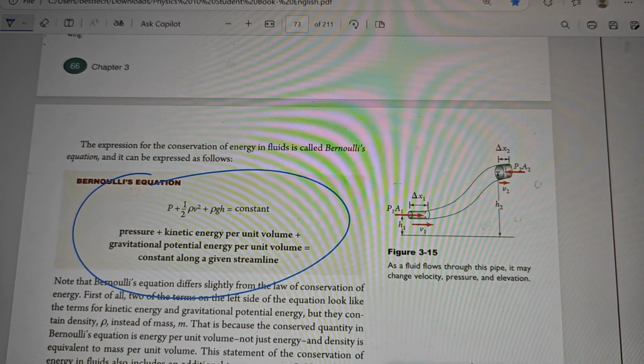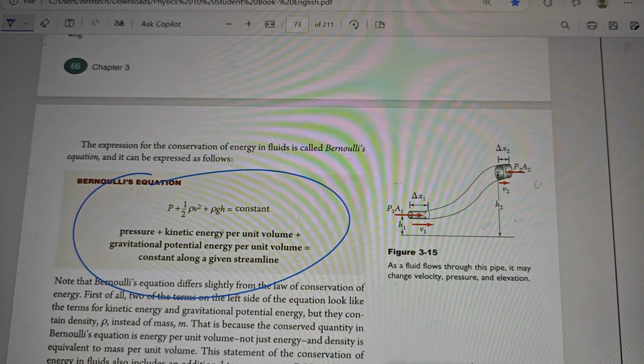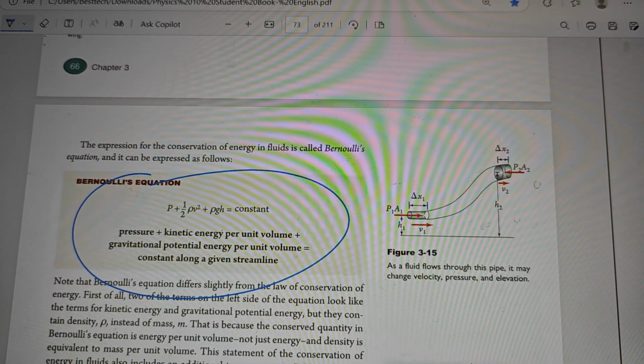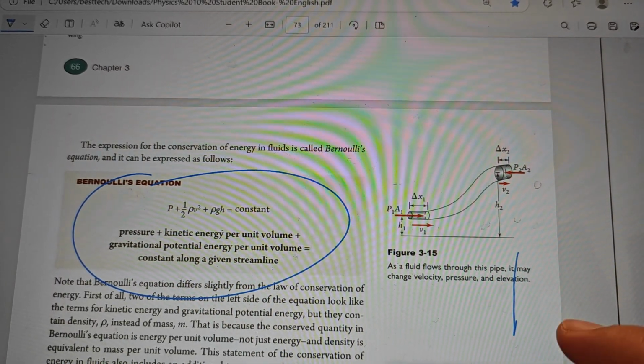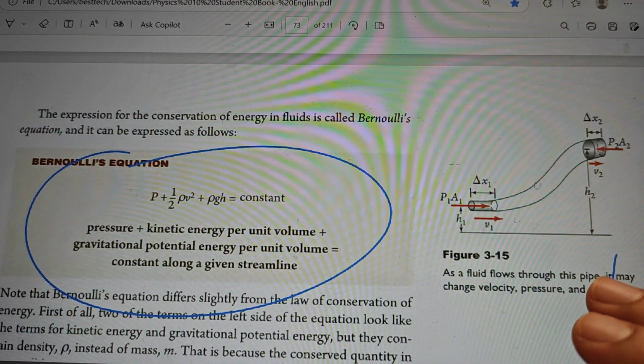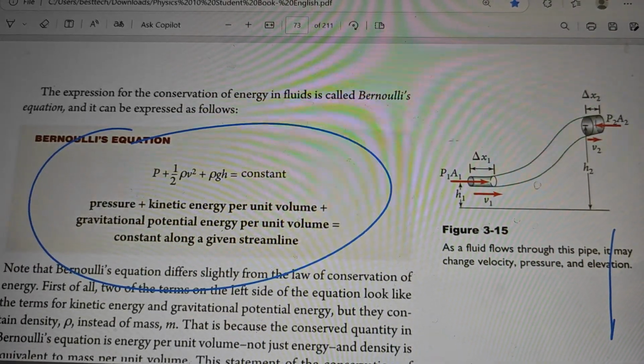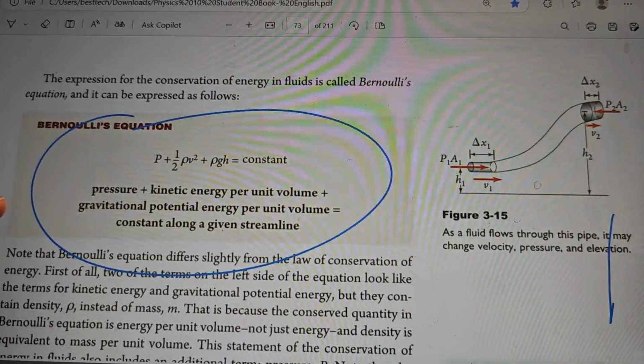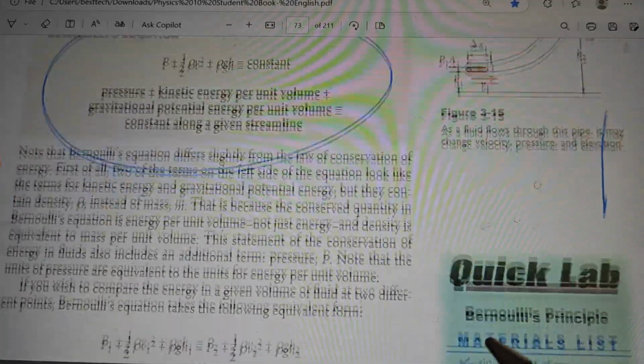Hello, dear students, we came back again to study another part of chapter 3. In this topic, Bernoulli's equation. What's Bernoulli's equation and how can we solve examples with it? Bernoulli's equation, we have this statement